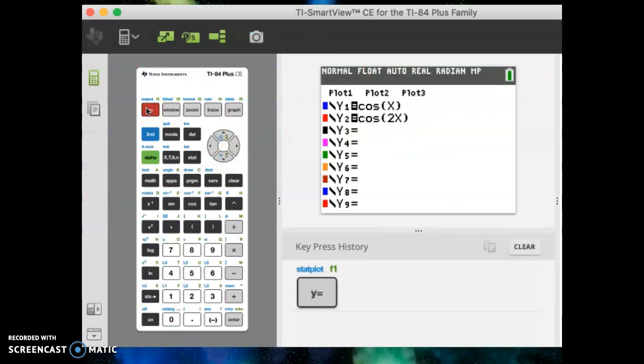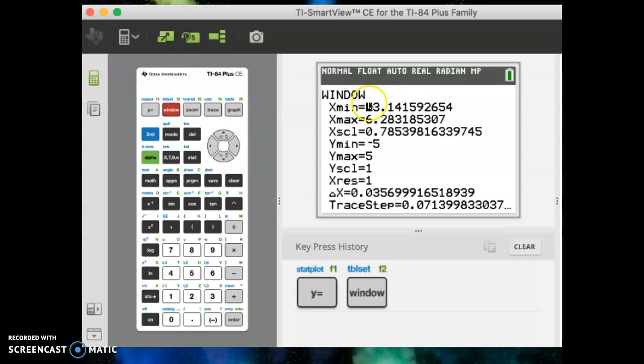Here it is. In my y equals, you can see I have cosine x. And in my y2 equals, I have cosine 2x. Since the interval I'm looking at for this problem is from negative pi to positive 2 pi, when I go in my window, here is negative pi, that's negative 3.14. Here's positive 2 pi, the 6.28. And